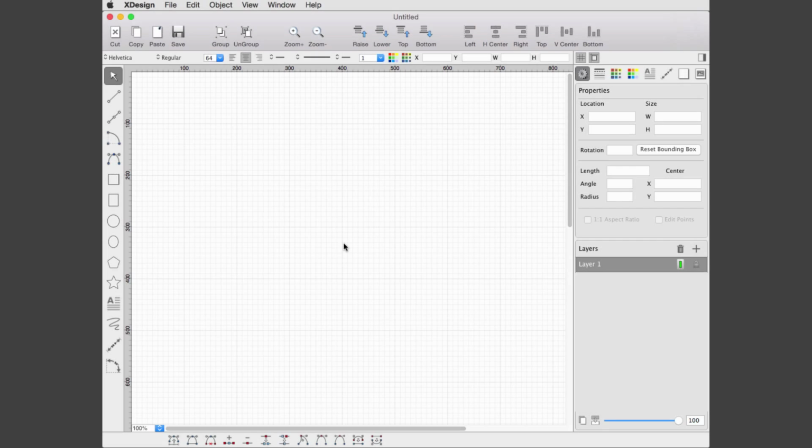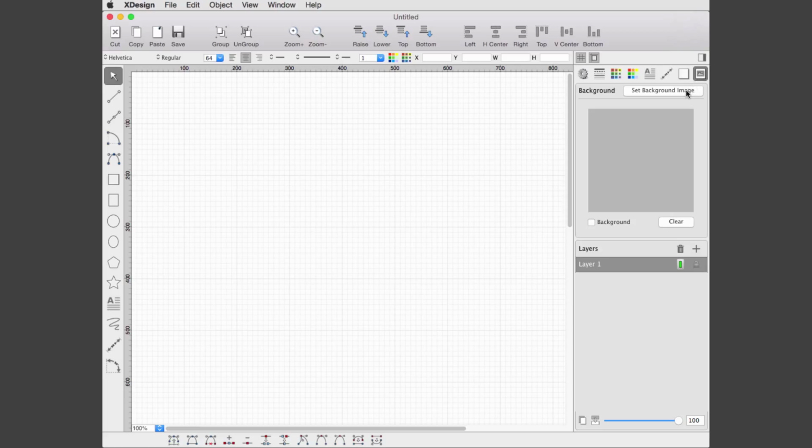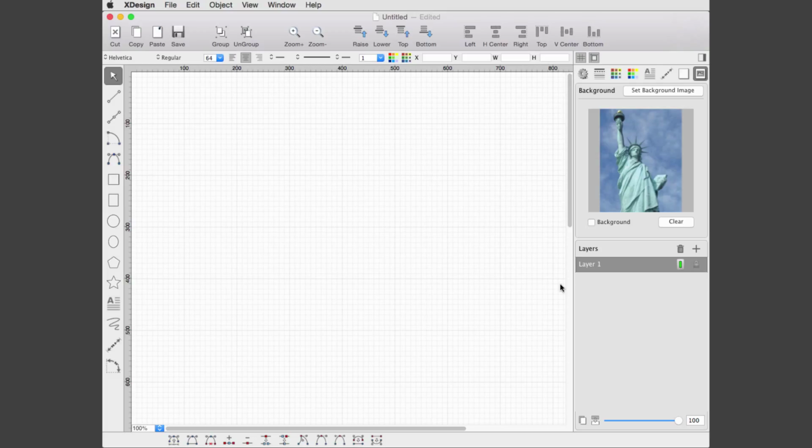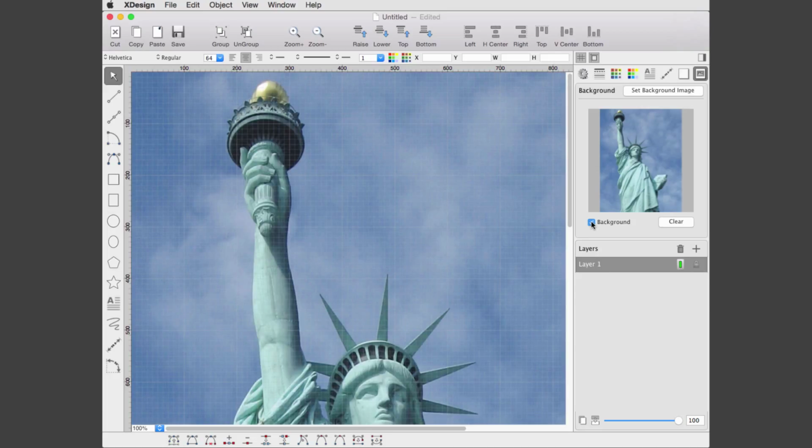A background image can be set from an image file which will be laid under the grid. This feature is intended for tracing, copying or marking raster images. To set a background image, open the background panel in the top section of the sidebar. Press the Set Background Image button, which opens the file picker. Select the required image file. Once the image is loaded, the thumbnail of the image will be visible on the panel. Turn on the background switch to enable the background image under the grid.